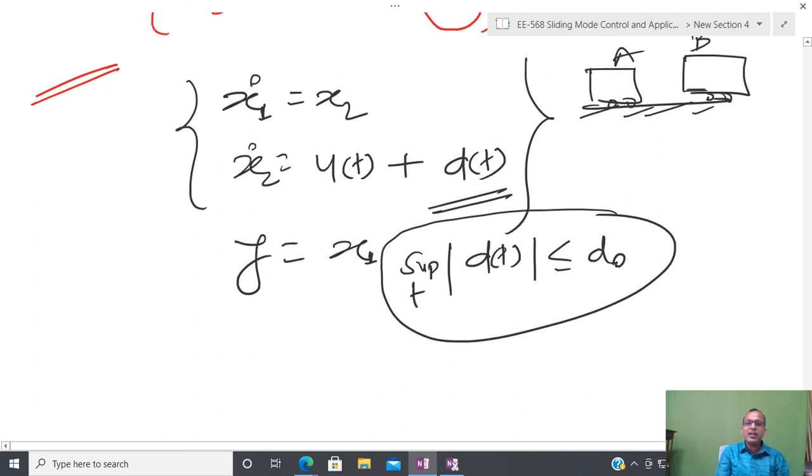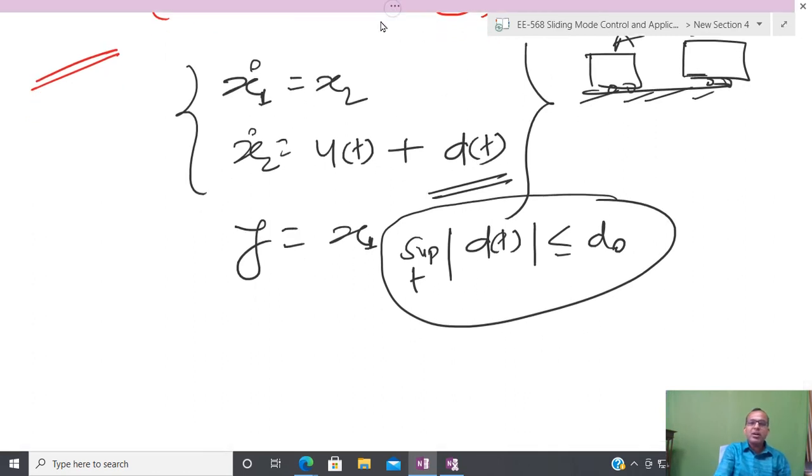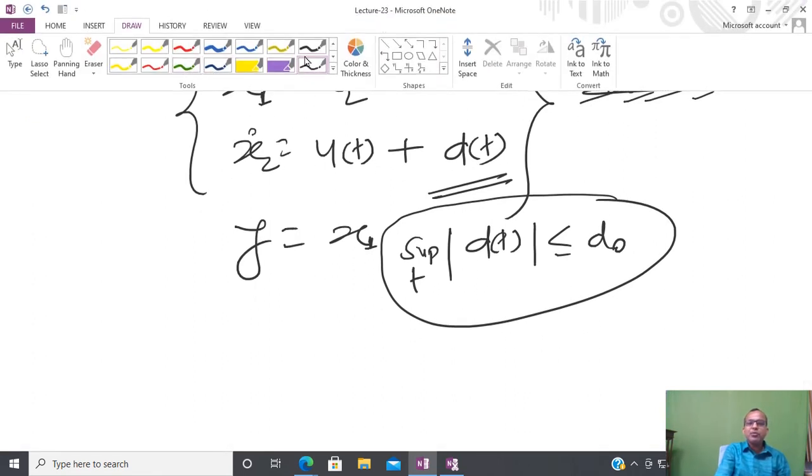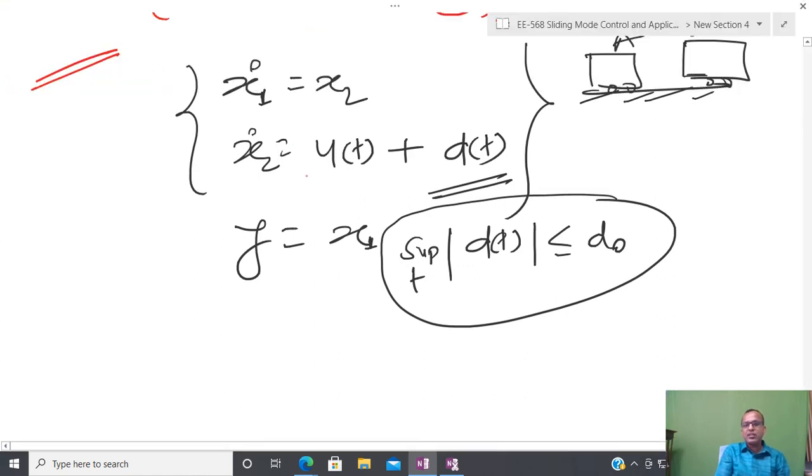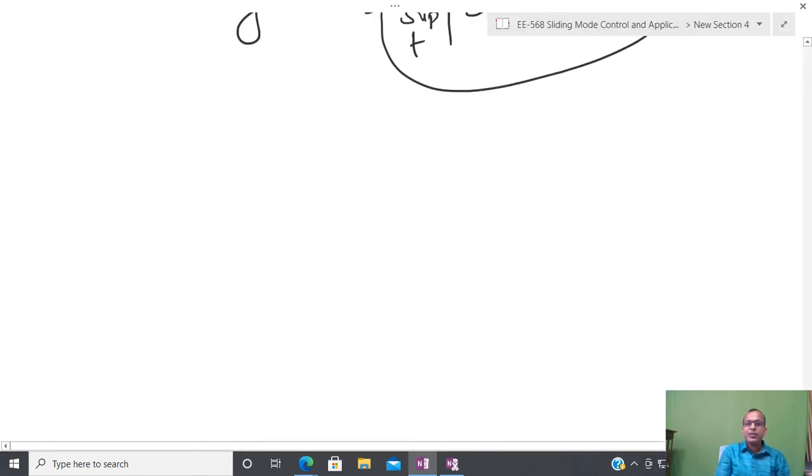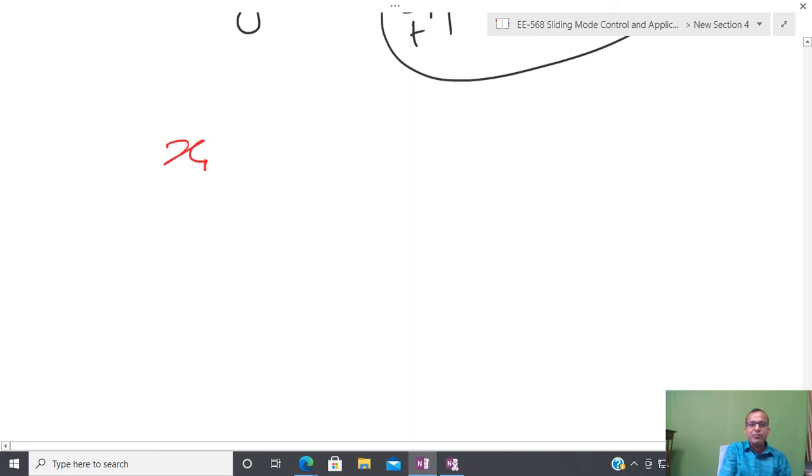Now I am going to construct the observer. If a system is given, you first have to copy it, so I copy x1 dot equal to x2 and x2 dot equal to